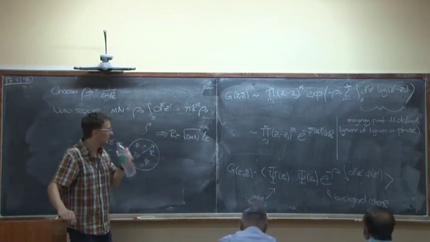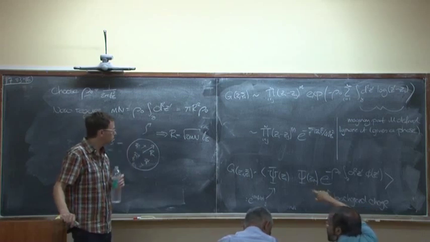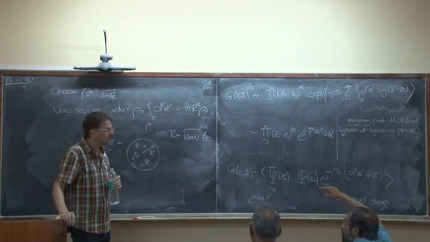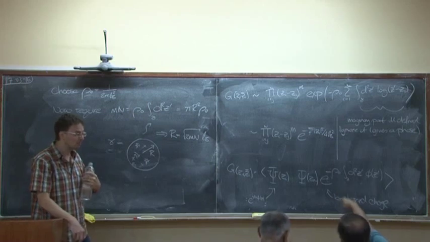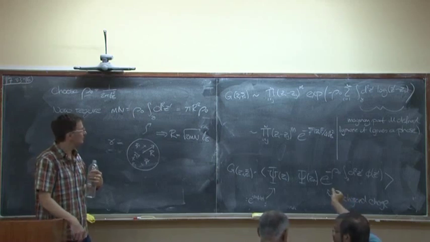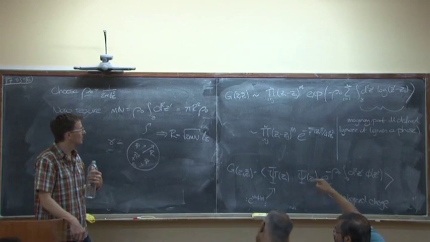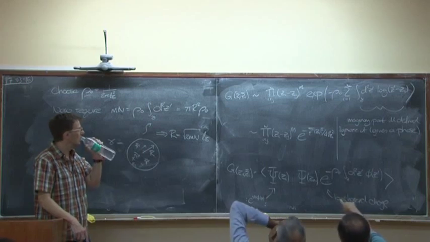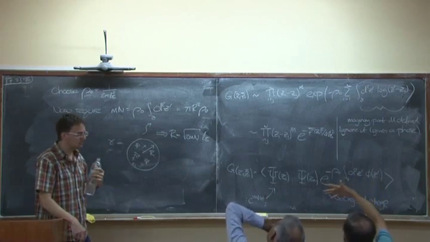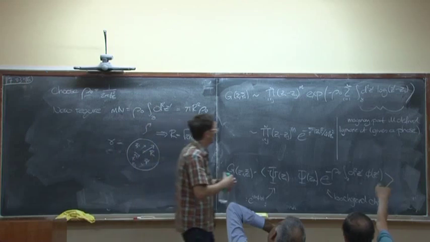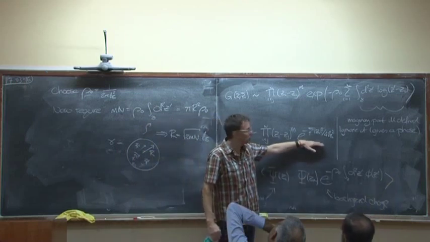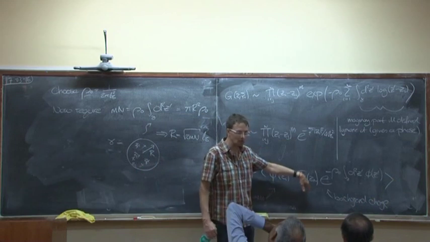So what I'm saying is that log comes with a cutoff. So you have log of C minus W divided by, let's say, LB. Then these come from the self-energy. This comes from the self-contractions of all these e to the power I phi guys. The background charge just takes care of the zero mode integral. It gives you the delta function there. That's one way of... This is coming from these phi's interacting with the background charge. Yeah, that's the way you're thinking.